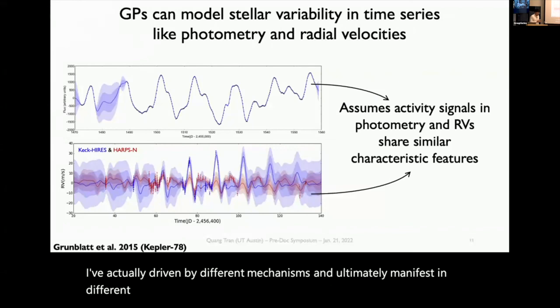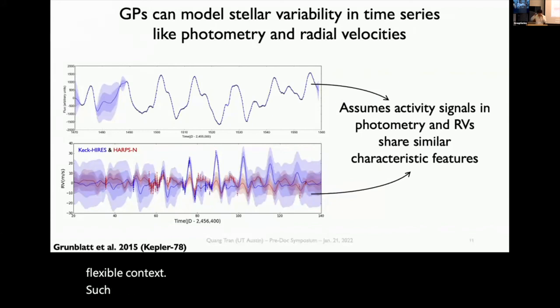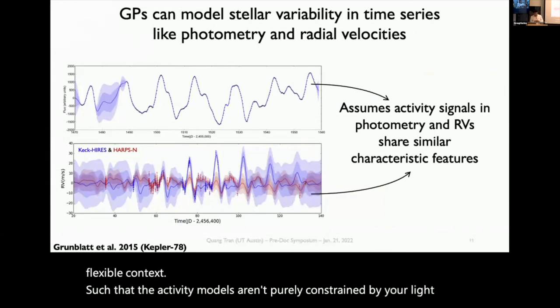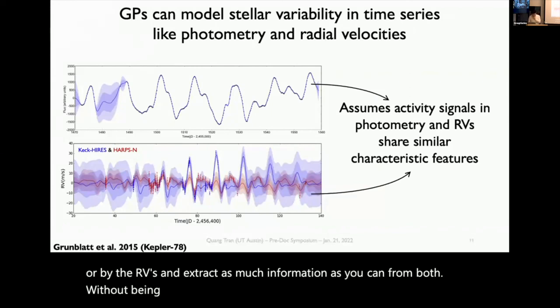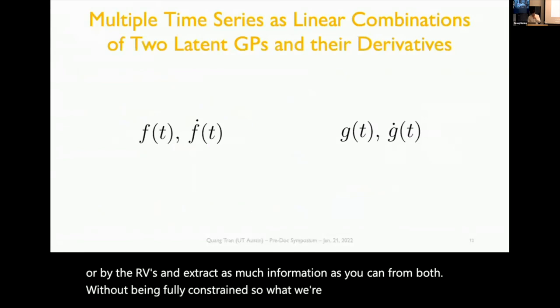So you want to think about this in a slightly more flexible context, such that the activity models aren't purely constrained by your light curve or by the RVs, and extract as much information as you can from both without being fully constrained. So what we're doing here at the CCA, what I'm doing with Megan and Dan, is